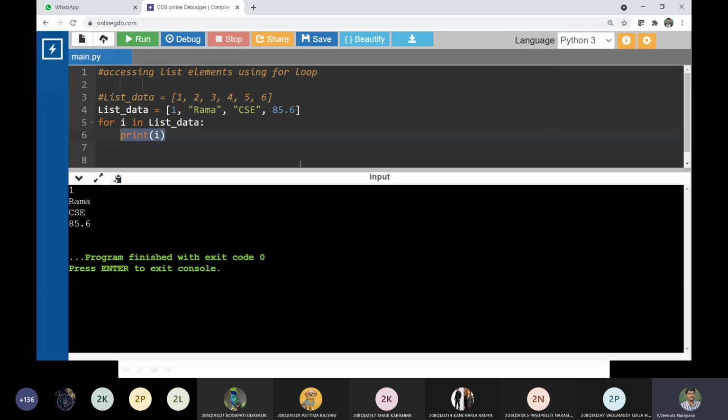It gets the value of the first item, that is 1, into i, and checks whether that particular value is in the list data or not.